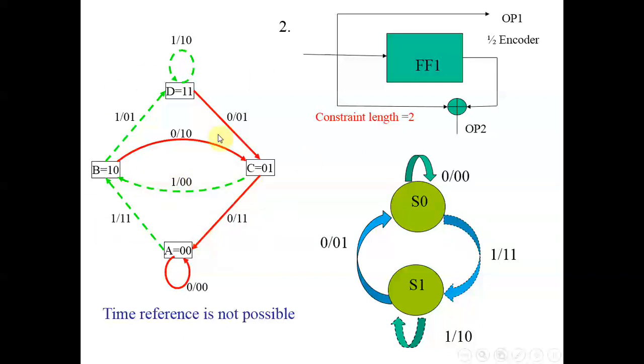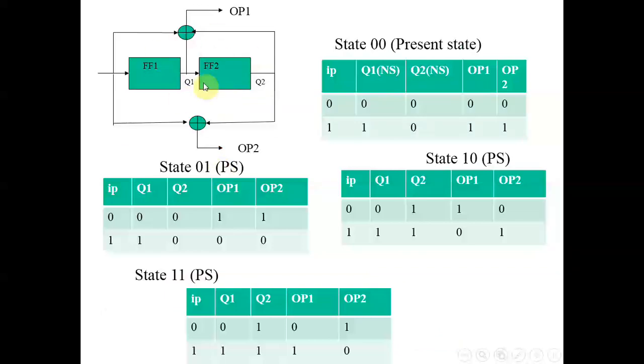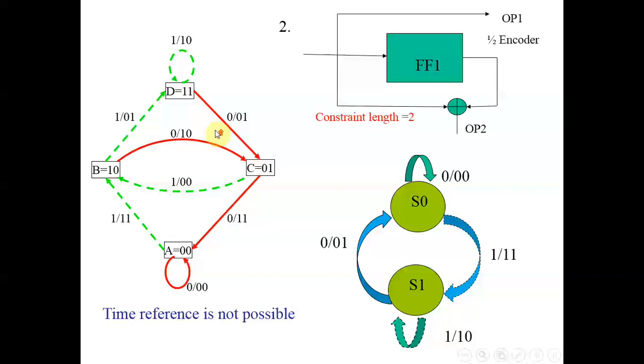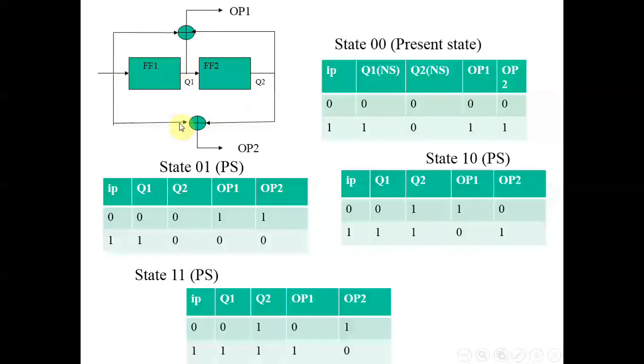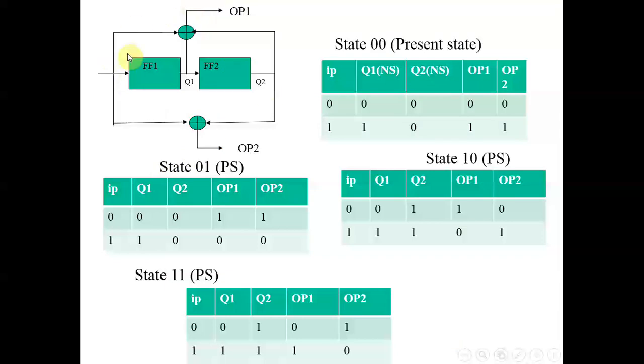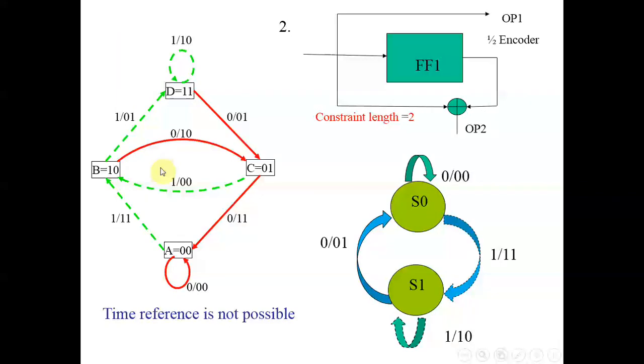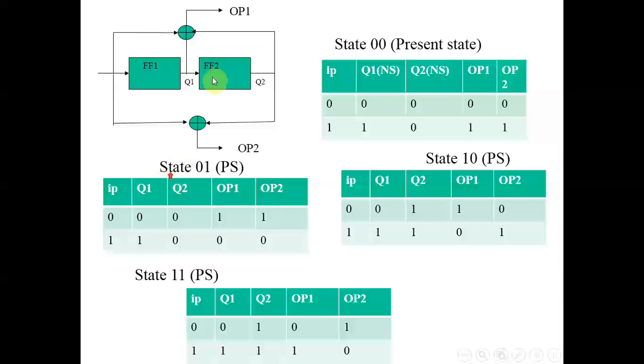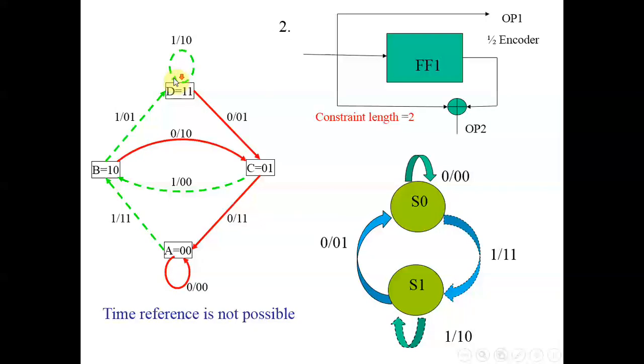So this particular diagram is a state diagram representation of given particular encoder, which is this encoder. So every state diagram will be unique to an encoder. Only once you change the encoder, your state diagram will change. So now I can say that the same encoder which I have drawn with the help of a circuit here is represented by this particular state diagram. So if any particular input is applied, I need not go back to the circuit and analyze what is the output. I can refer the state diagram and I can analyze what is the encoded sequence for this particular applied input. We will see what I mean with this particular statement in a short while.